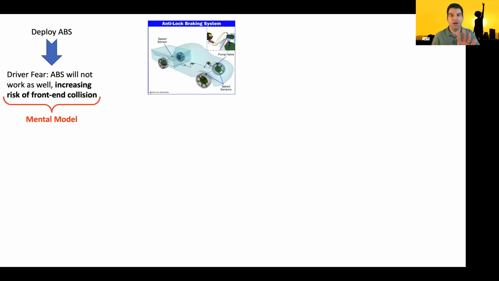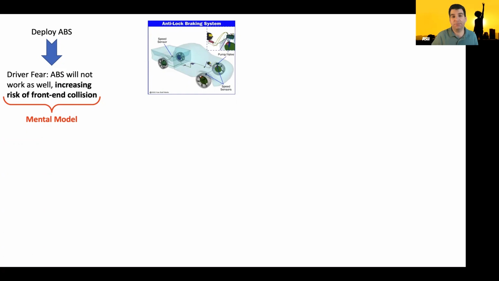And so this ABS, when it was originally deployed as a feature, back in those days you had to learn how to pump your own brakes. Before ABS, if you needed a hard stop, you had to say in the back of your head, don't just slam on the brakes, but lift up, and then you actually had to pulse your own brakes to prevent them from locking up. And so they said, we're going to have an automated system do that for you. And people across the board said, there's no way that an automated system could do this better than I can. People were really critical, and they said, this is just going to cause me to get into more